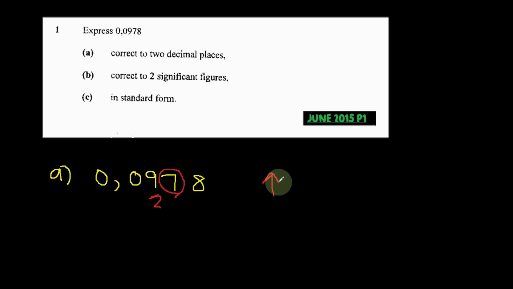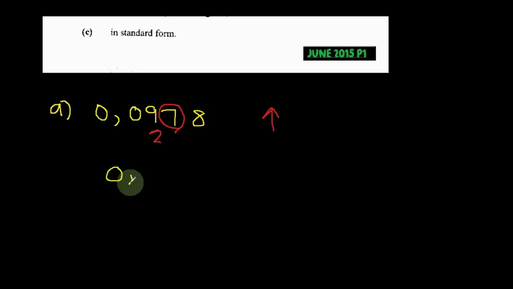And 7 rounds up, so 9 becomes 10. We add the 1 to the first decimal place, which is 0. Then we get what? We get 0,1. And that will be our final answer,